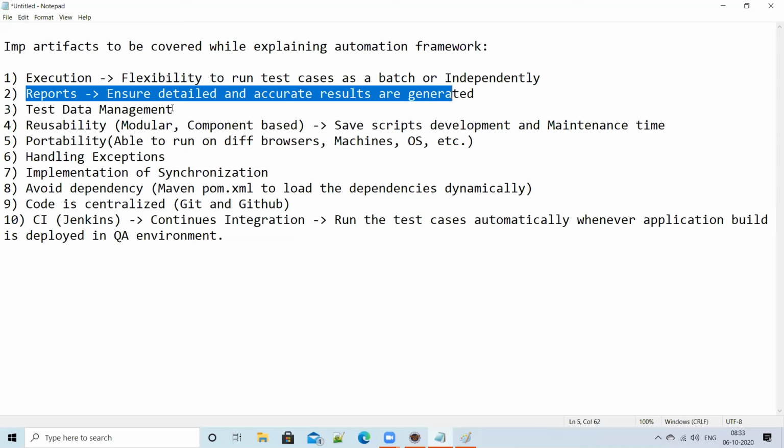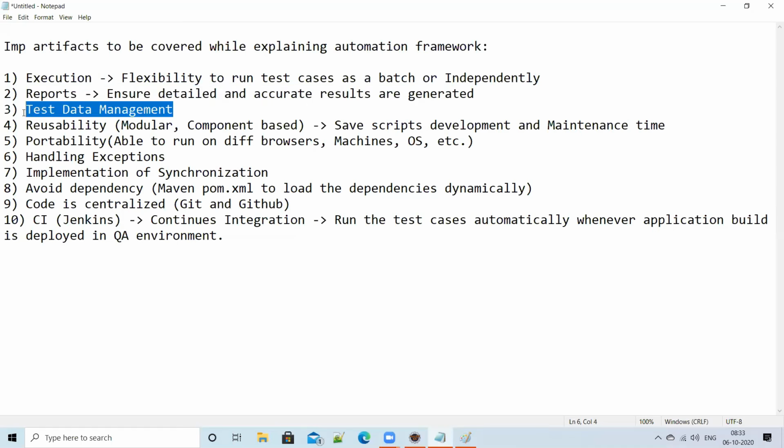And also test data management. Yes, you are maintaining data for each test case, and that data your framework is dynamically reading, and the data is used in the script. So that is another most important thing. Tomorrow, you need not go and touch your script if you want to change the data. Simply, you can go to the Excel file and modify the data. So you are not touching your automation scripts. So which is very important.